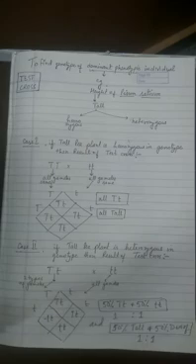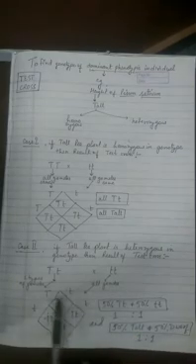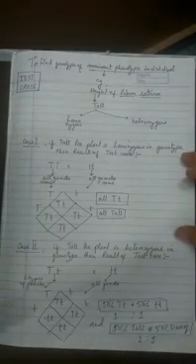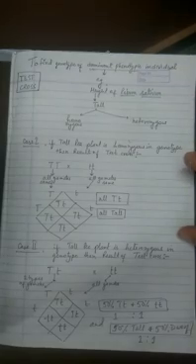Now the second case, if it is a heterozygous individual, the genotype of the individual will be capital T small t, and the recessive parent type again small t small t. Here all gametes will be small t. In this case, half of the gametes will be capital T and half will be small t. When a cross is made, 50% are going to be capital T small t and 50% are going to be small t small t. That means a 1:1 ratio. In the same manner, 50% are going to be tall and 50% are going to be dwarf. That means a 1:1 ratio.